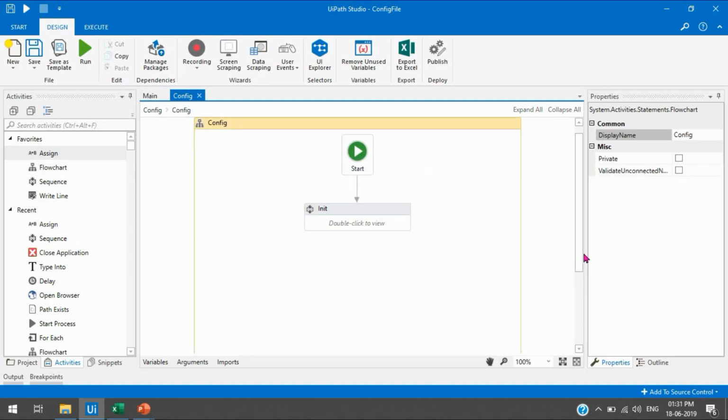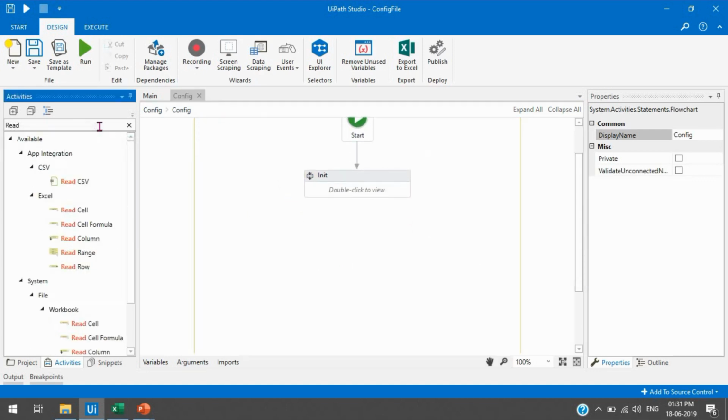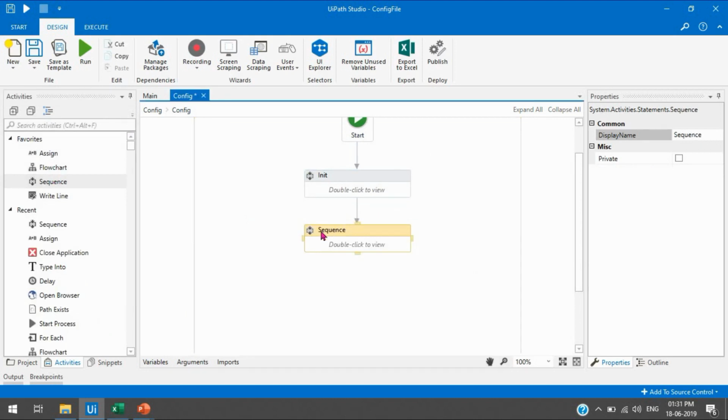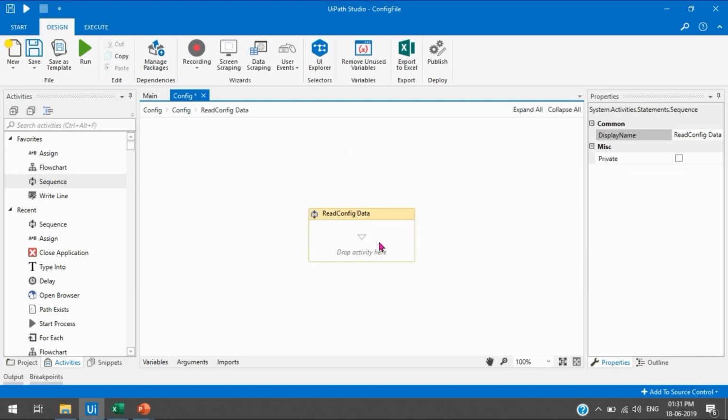And now we are going to read the config file data, so we'll take one sequence here and call it read config data. If you want to read the config file data, you have to think that this is an Excel file.